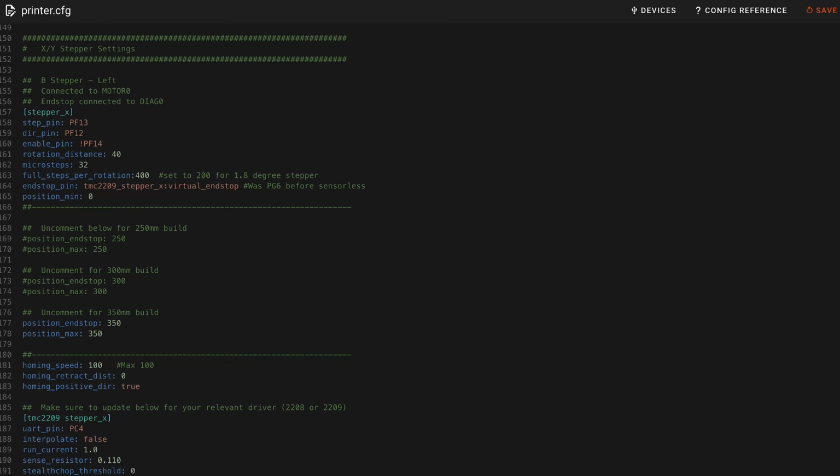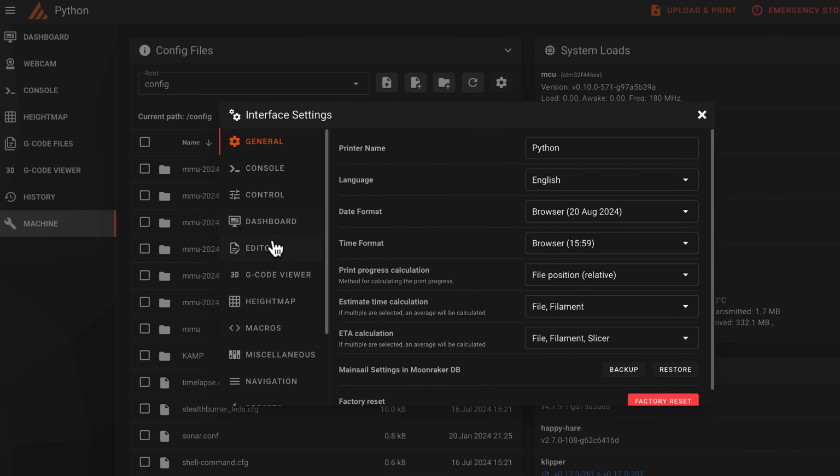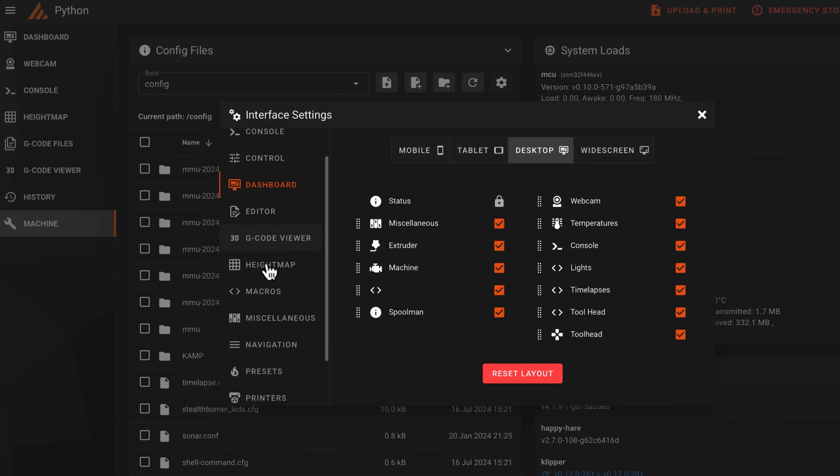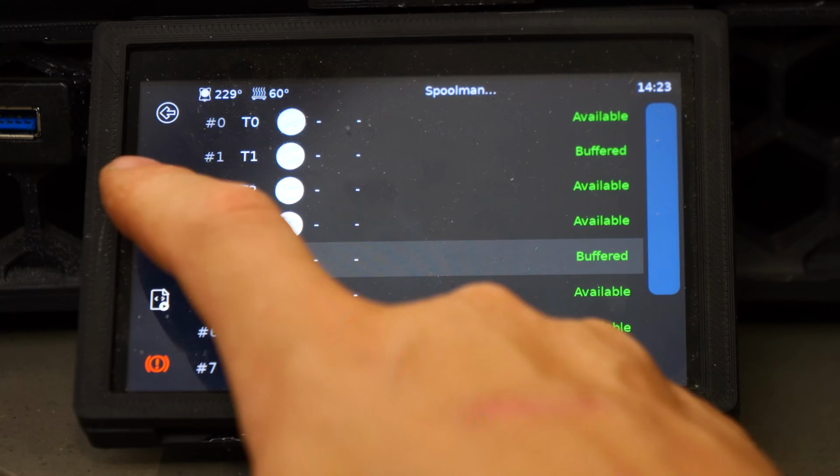But yeah, it will still take some time to reconfigure things the way that you like them, copy over all the config files, your print history, set things up the way you want them, and so on. Because, like I said, you are basically setting up a brand new printer. Then, once you've done all of that, you will be able to install the Happy Hare distro of KlipperScreen, which is important